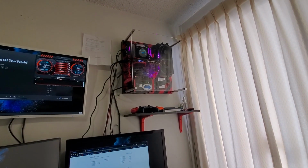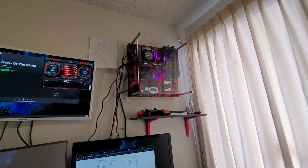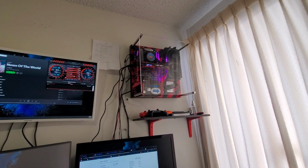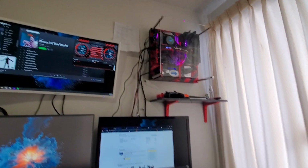I'm going to try to hydro dip the faceplate and backplate for the 2080 Ti, which is kind of pointless because eventually I'm planning on replacing it with water cooling. But yeah, I ended up